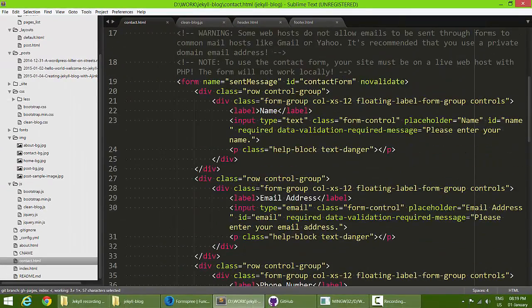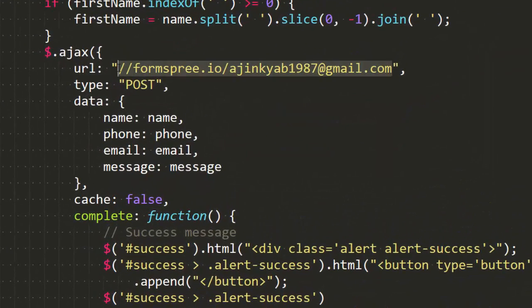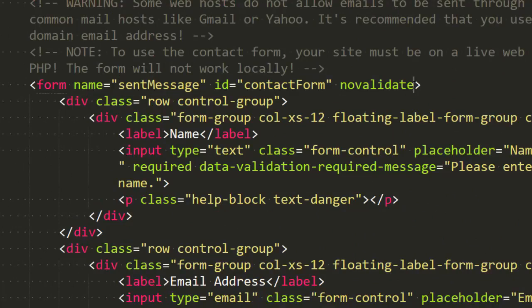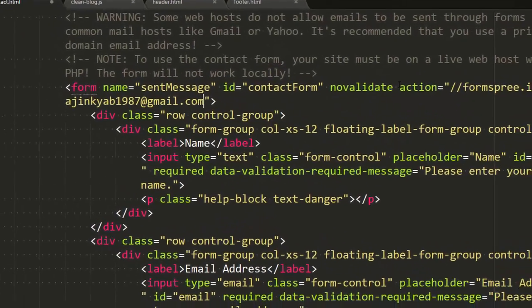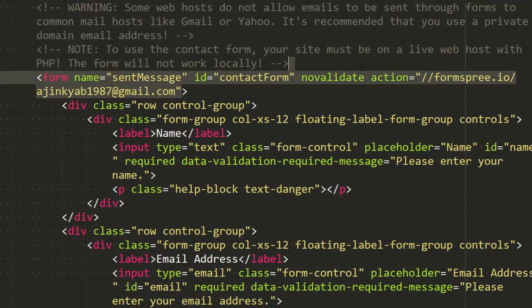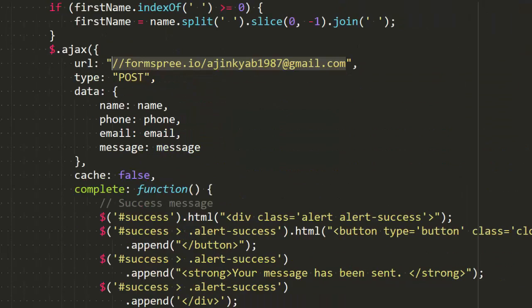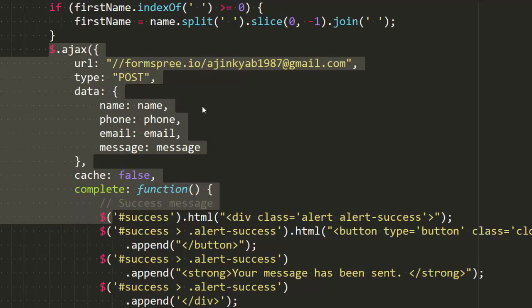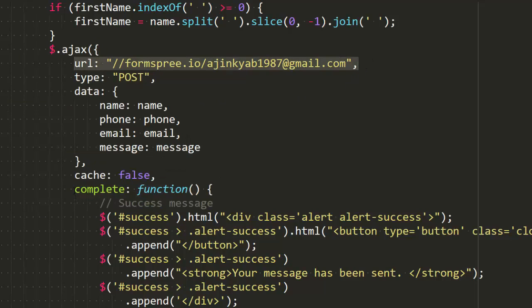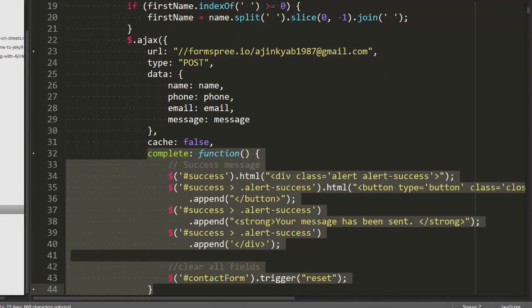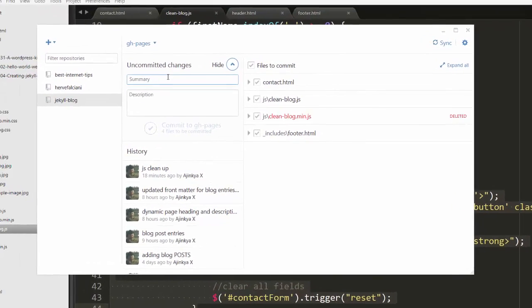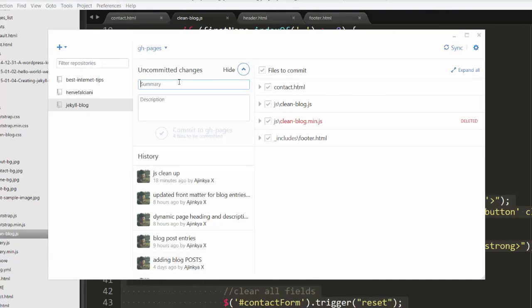Let's quickly cross check what we have done. We have a form. We are not using the action method. If you want to use the action method, all you have to do is copy the same thing which we have over here and paste it in the action like this. That's it. It will work fine. But if you want to use the Ajax method, you have to have a JavaScript file, and within the Ajax file you have to add this URL and a success callback. So let's commit these files to our server and actually do a submission.